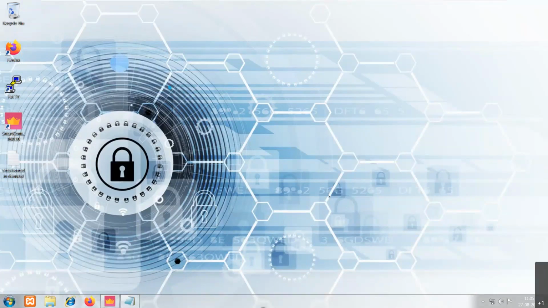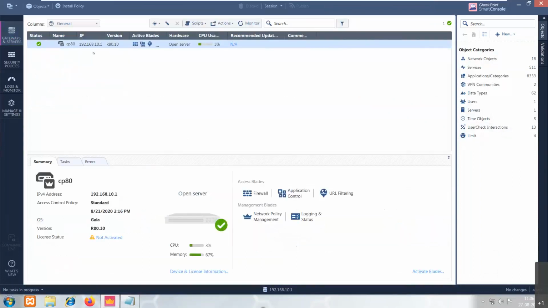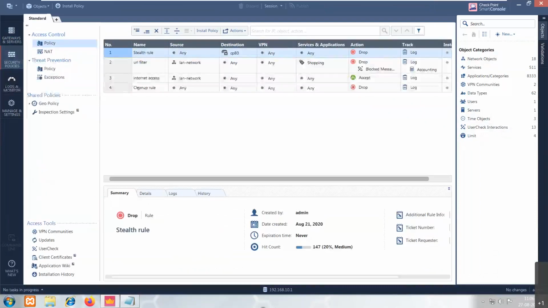Yeah, thank you. So here, as I said, if you have to interact with the firewall, you need a Smart Console. This is how the Smart Console application looks. Here you have various tabs. You have gateways and servers, where you can see your firewall devices, and security policies, where you start writing rules to control the traffic flow, whether you are accepting